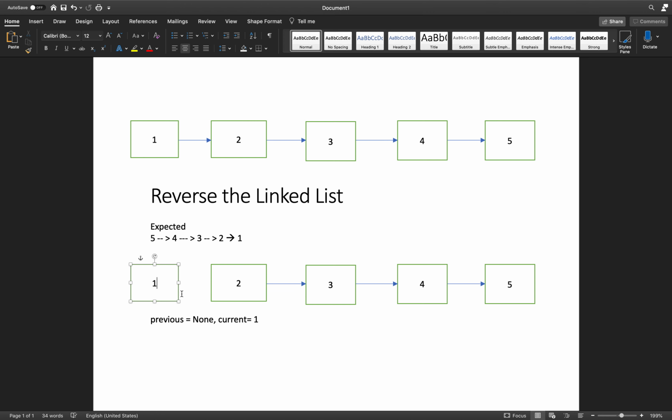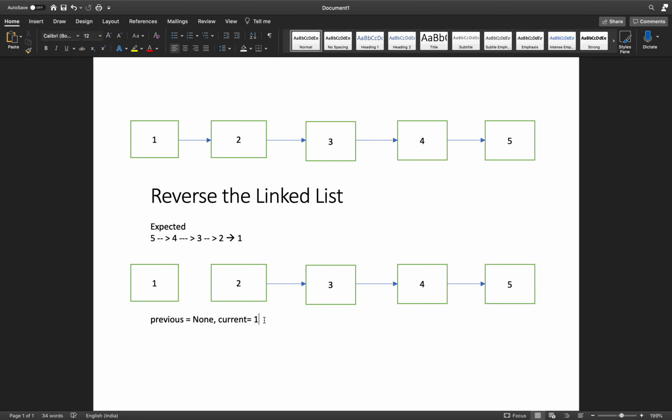Then what we need to do is, our current node is pointing to 2 now, right? Current dot next is 2, but to reverse it, it has to point the other way. The other way is null. So we need to save this current dot next, which actually points to 2, for future iterations.